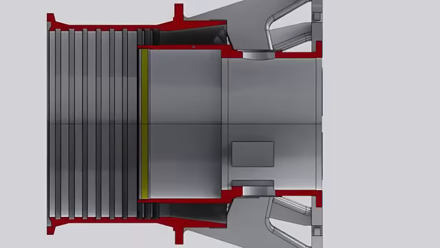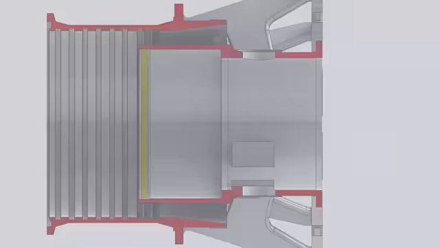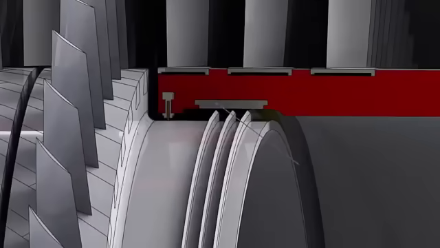The inner cylinder is extended to the forward side by the inner barrel. The inner and outer cylinders of the discharge casing form the compressor diffuser, which converts some of the kinetic energy of the compressed air into a pressure rise. At the forward end of the inner barrel, a honeycomb seal is installed to mate with the labyrinth teeth on